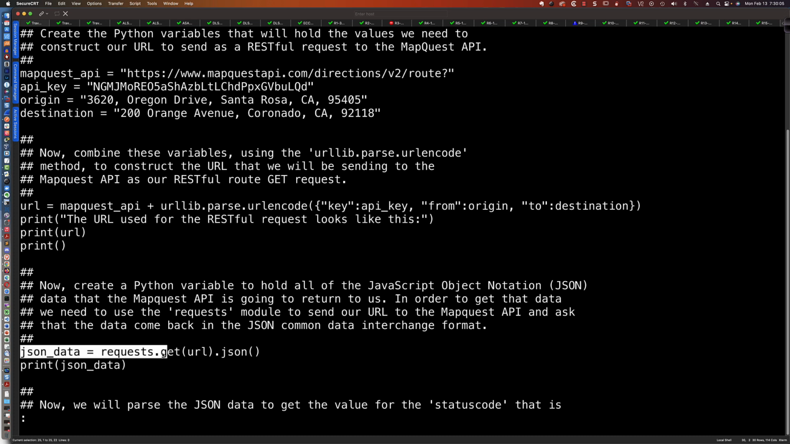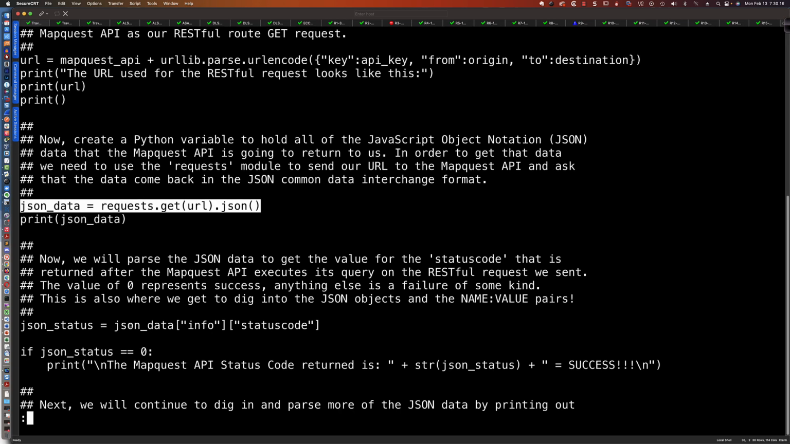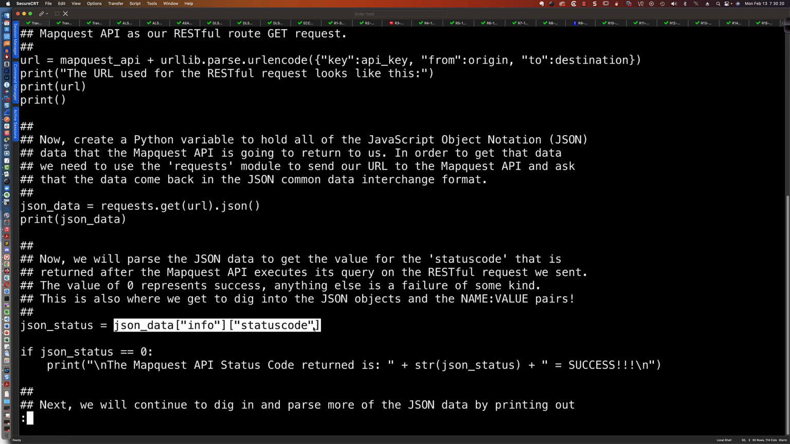All right, so we come down here and you can see we're asking for the JSON data. We're going to capture that. We're going to get the GET request to get the information in JSON format, and we capture it in json_data, and then we print the JSON data. Now, the other things we can do is parse that JSON data. And we haven't spoken about this yet, but here's how we would parse into that data to pull the status